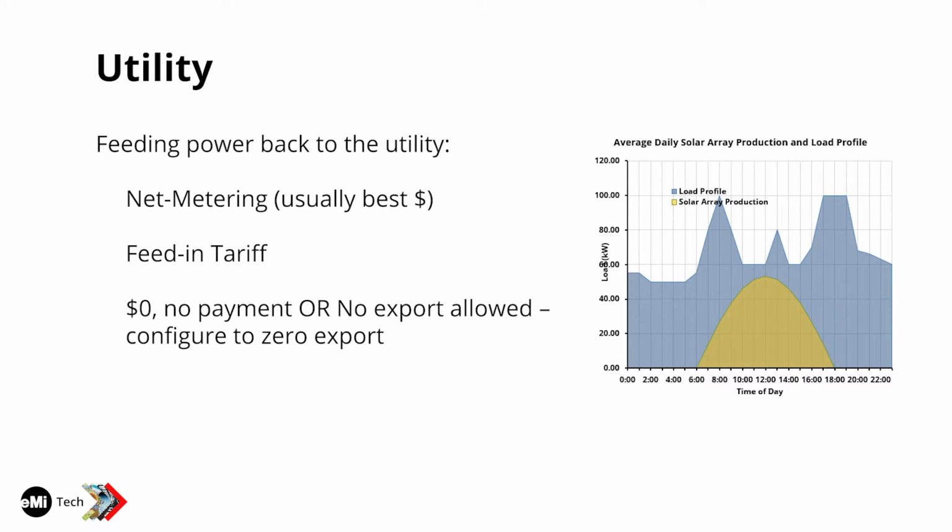And then during the day, it produces. But in the middle of the day, it might be producing more than you're using. And so at that peak, you're going to push power back to the utility. And then at night, you're going to take more power than you normally do. And so the net metering means that at the end of a period of time, they just charge you the net of that. And so that could be every month they charge you the net.